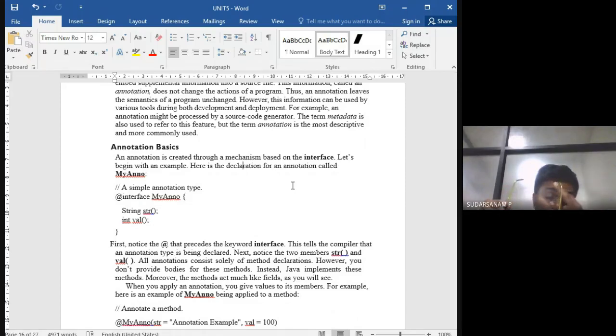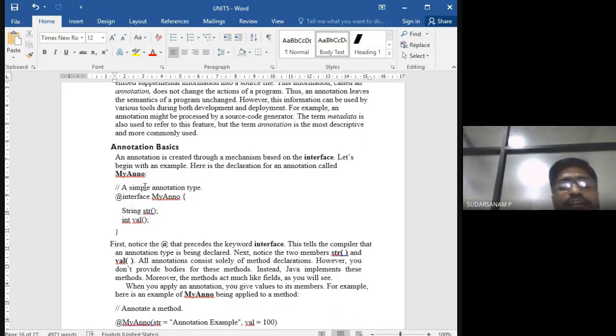Now let us see one example with syntax. Suppose you write the class name like this. A simple annotation type is declared with @interface. Previously you wrote interface and the name, but here you write @interface and the class name.